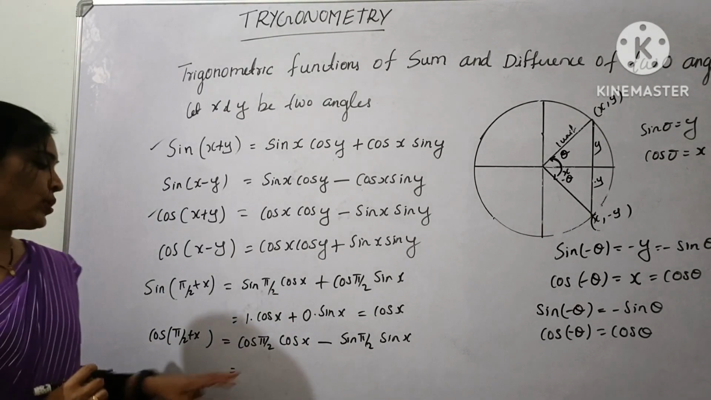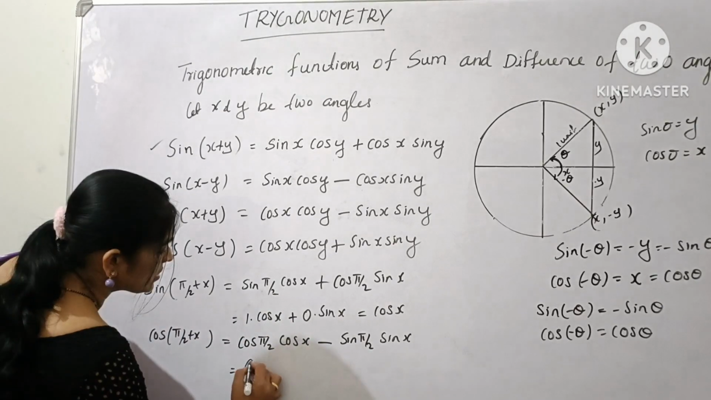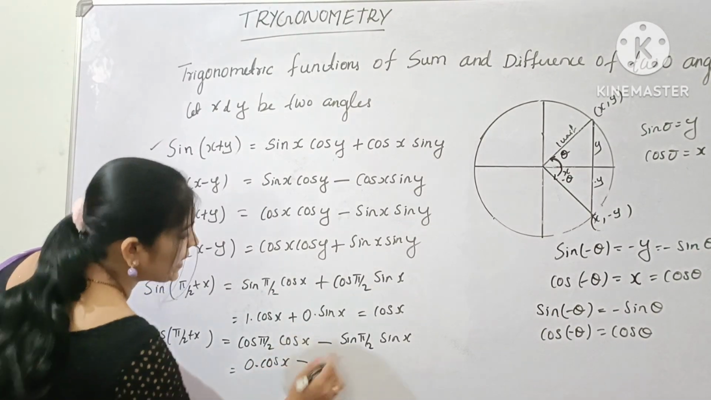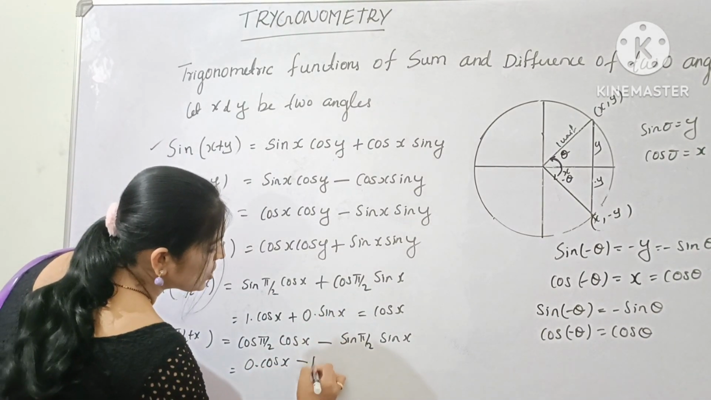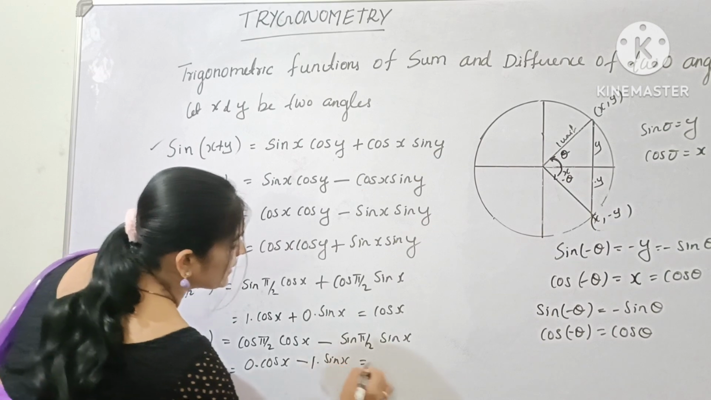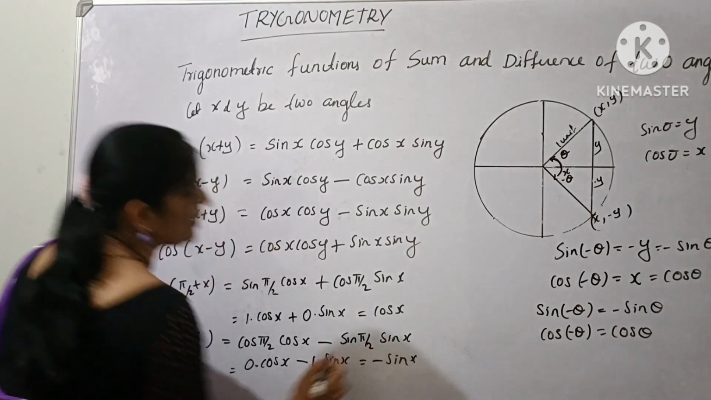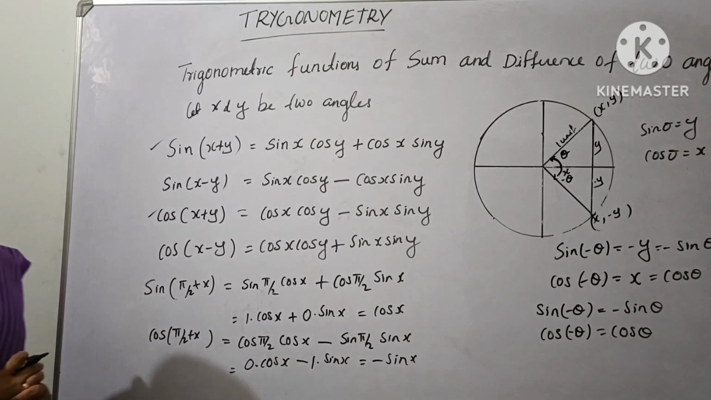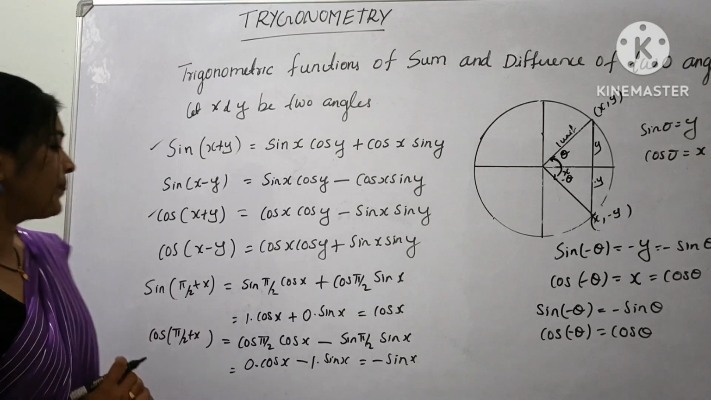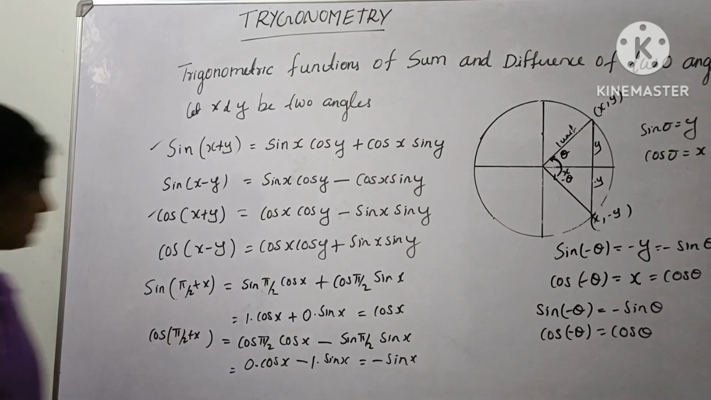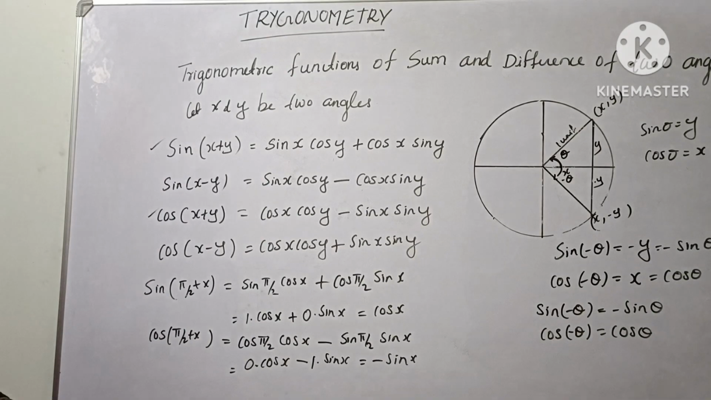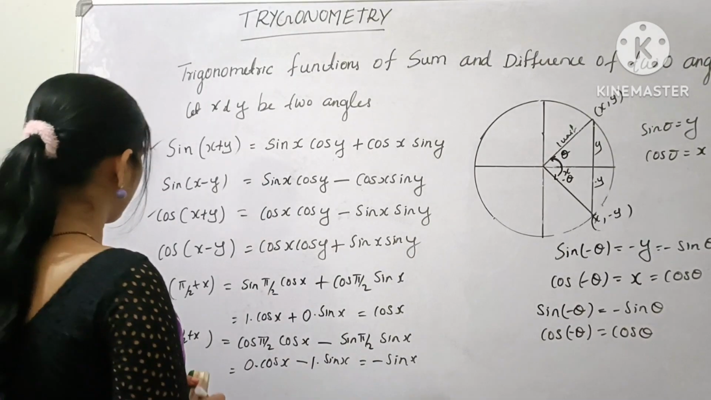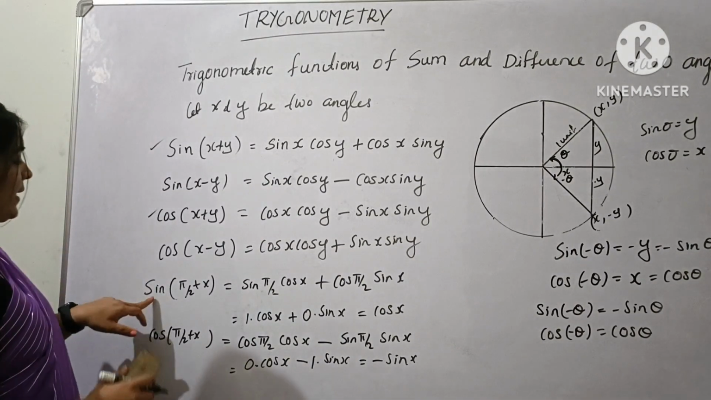Cos pi by 2 is 0, so 0 into cos x, minus sin pi by 2 is 1, so 1 into sin x, that is equal to minus sin x. So remember, cos of pi by 2 plus x is equal to minus sin x. Then next, let us find